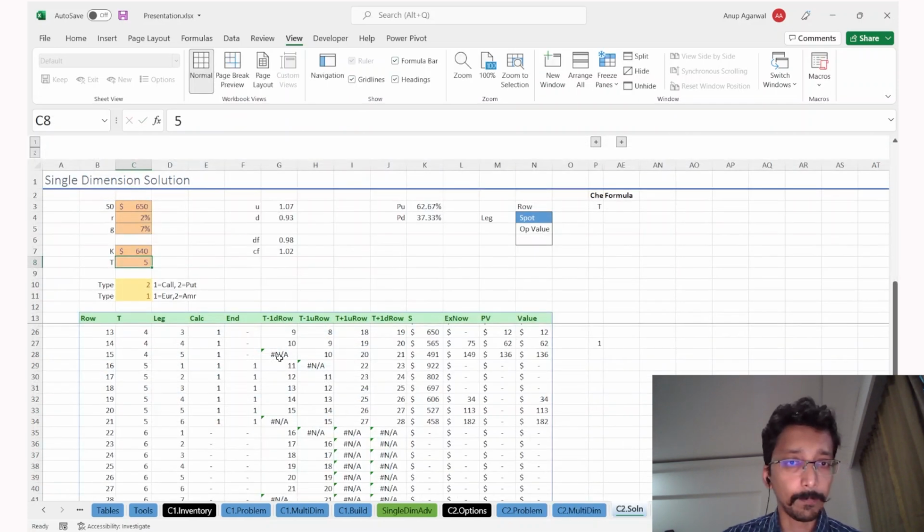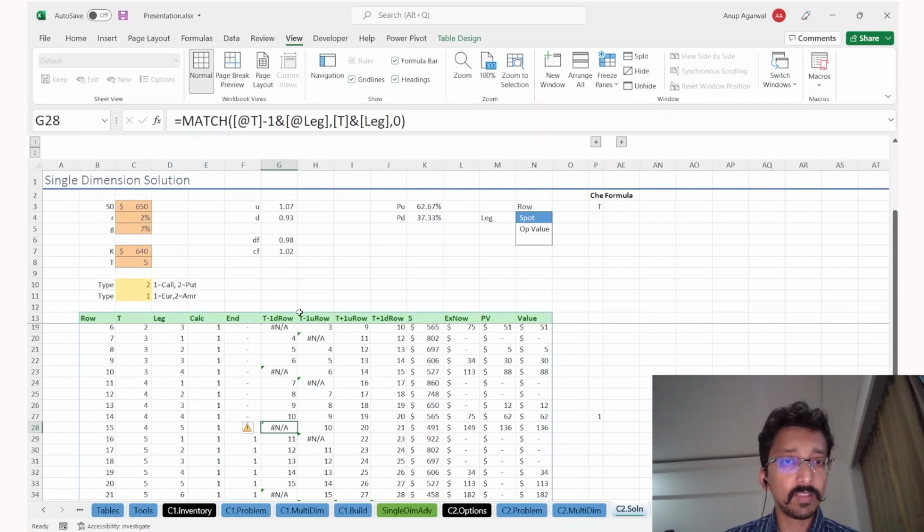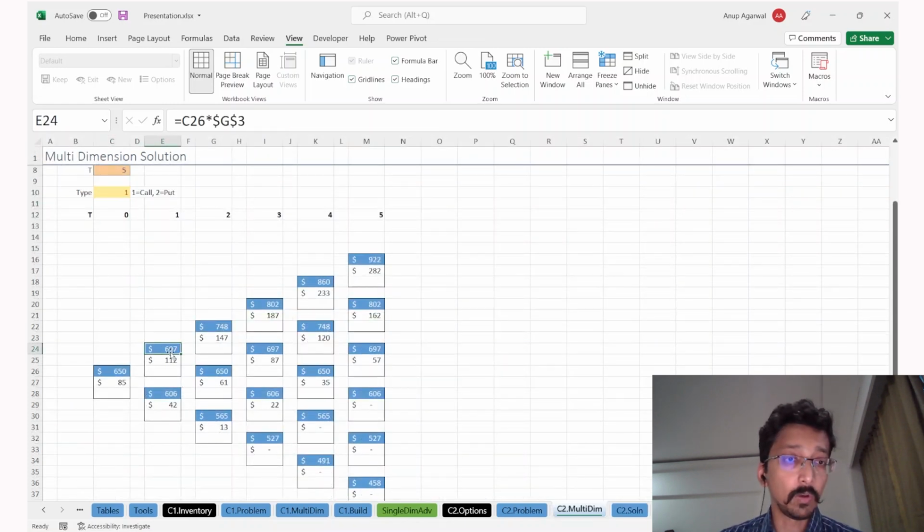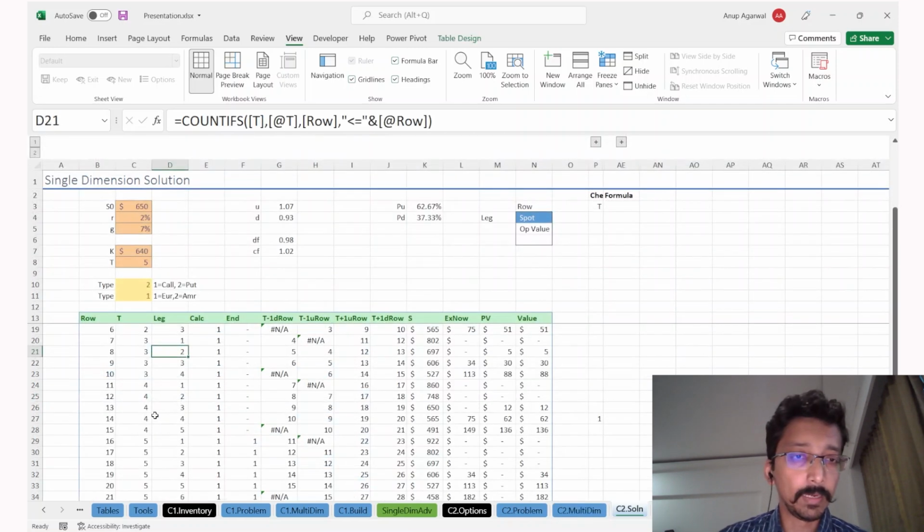Call option. Okay. And then I created some helper columns over here for me to identify that this is leaf 2 of the first time period. Where does it get its price from? And it gets its price from